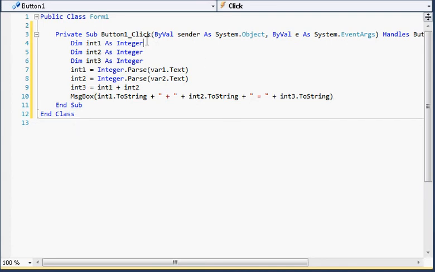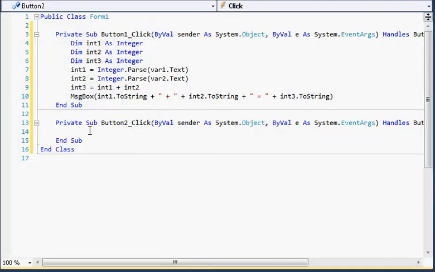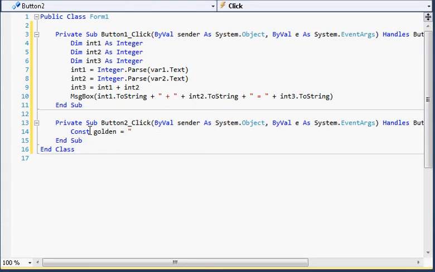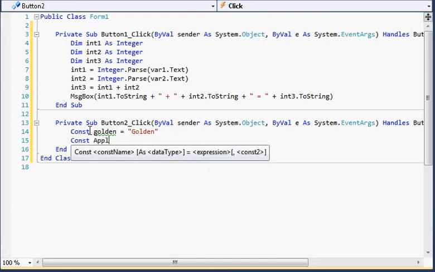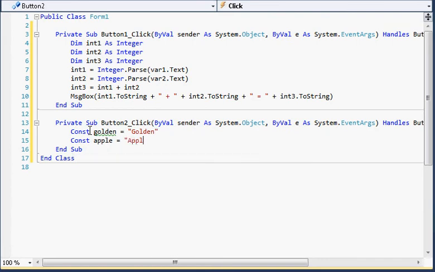Okay, now that we're done with that, let's go back to our form and double click on pick apples. Now we're going to make two const variables. So we're going to do const golden equaling golden, and then const apple equaling apple,